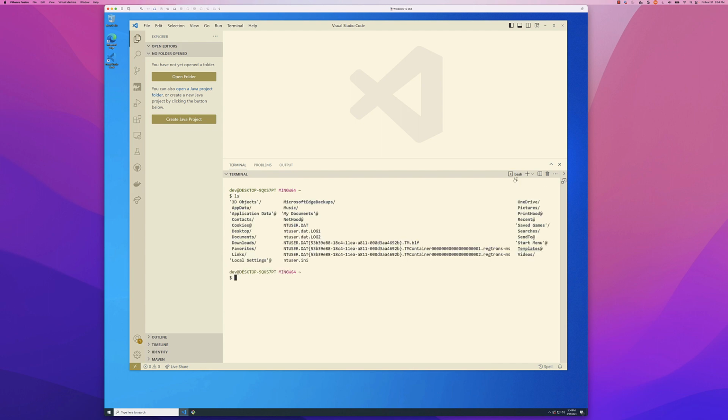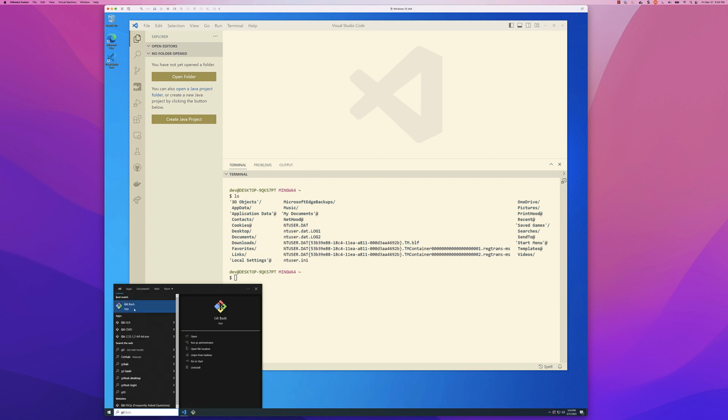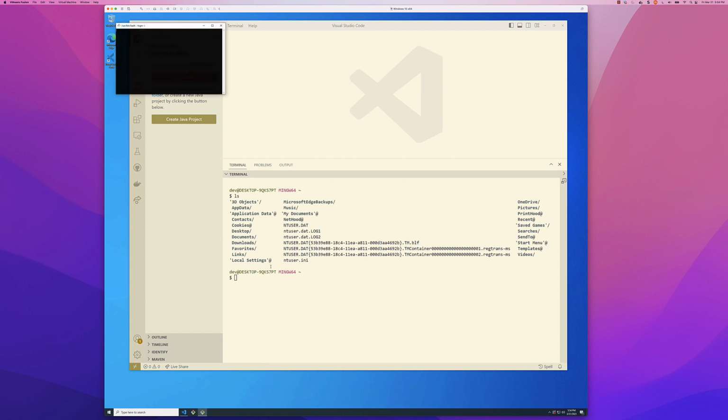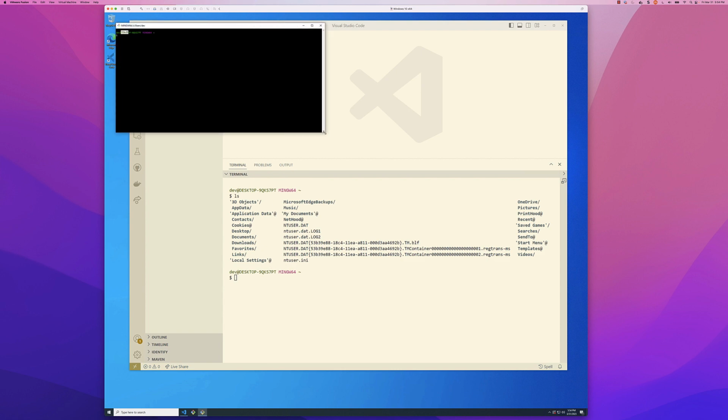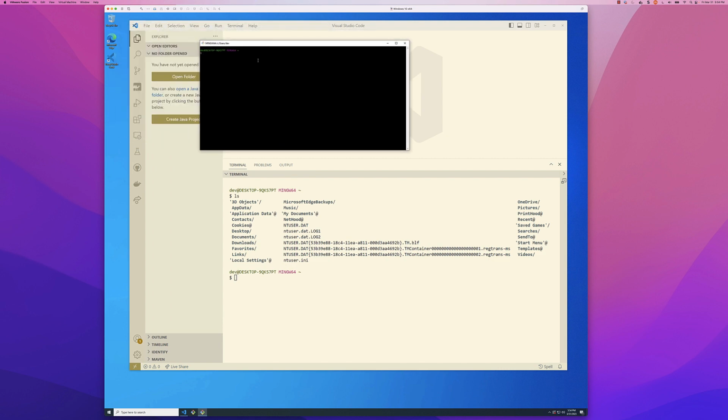Again, okay, so what happens if you can't find Git Bash? Well, if you go down here, you could type Git, and you should see Git Bash. You can run it standalone as well. Okay, and there's the standalone. This is Git Bash, so we can type git version. We can see that we have Git version 2.35.1. Okay, and if you don't see that, it's because you did not install Git,